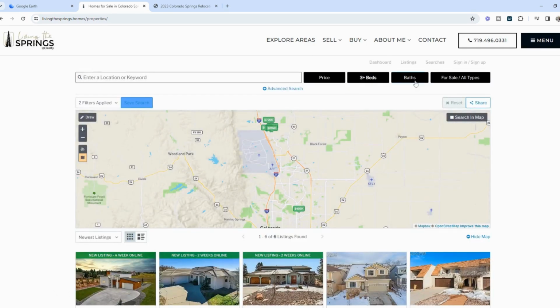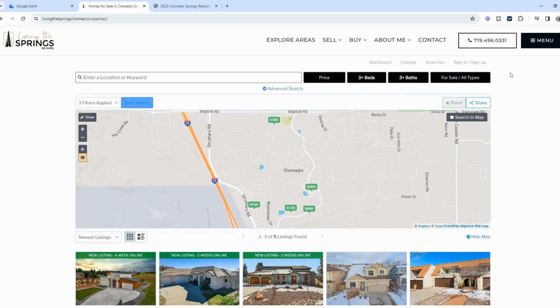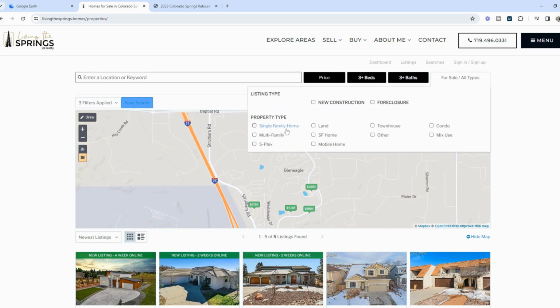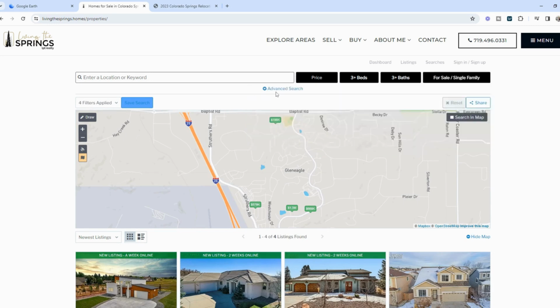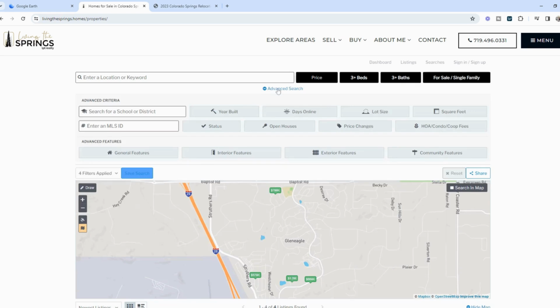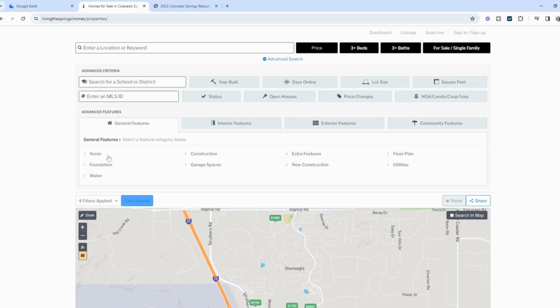Like, I want 3 bedrooms. And these days, you do need 3 bathrooms. There's just so many people living in the house. You can do single family, new construction. And then for an advanced search, say you want to get down to the nitty gritty, we're going to hit active. We only want to see active homes. And then you're going to go ahead and type in the general features. So if you want acreage, if you want to see what kind of floor plan,